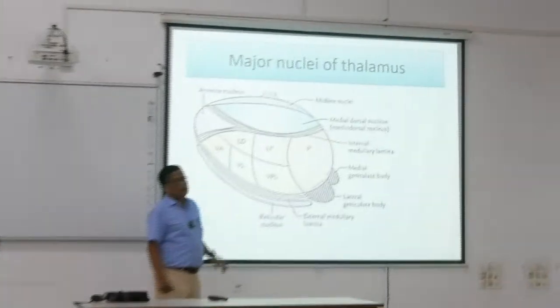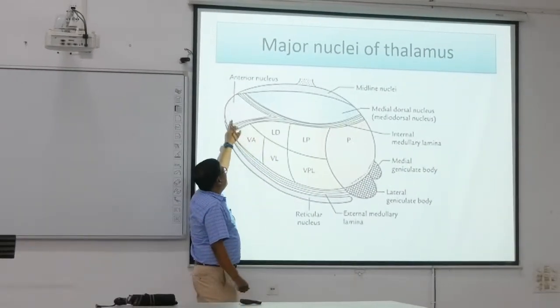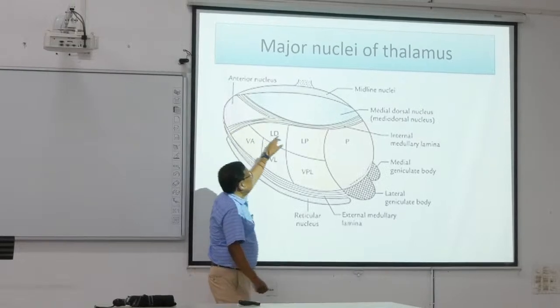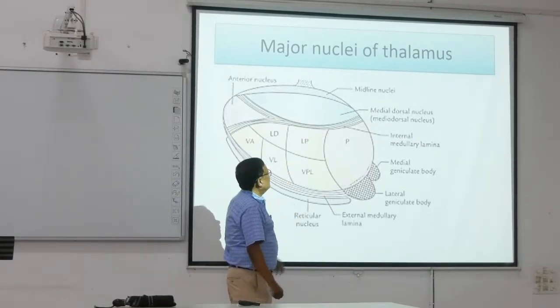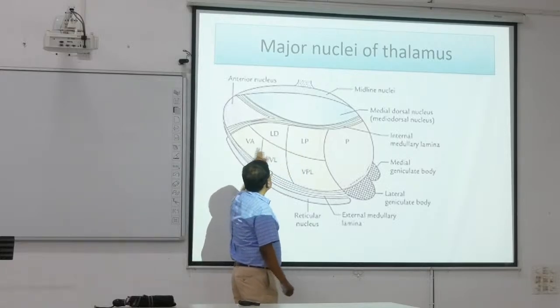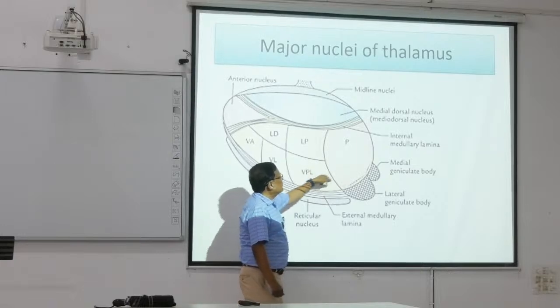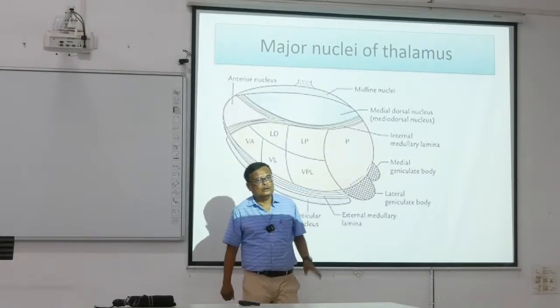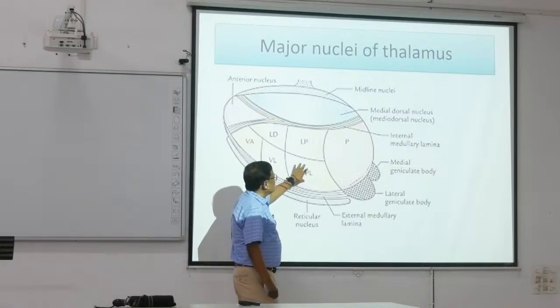সাম ইম্পর্টেন্ট নিউক্লি, তাদের মধ্যে এইটাই হচ্ছে সবচেয়ে ইম্পর্টেন্ট, বাকিগুলি জাস্ট জেনে রাখলেই হবে। অ্যান্টিরিয়ার পার্টে রয়েছে অ্যান্টিরিয়ার নিউক্লি, মিডিয়াল পার্টে রয়েছে ডরসোমিডিয়াল নিউক্লি অ্যান্ড ডরসোল্যাটারাল নিউক্লি, ল্যাটারাল পার্টে রয়েছে ল্যাটারাল ডরসাল, ল্যাটারাল পস্টেরিয়র, ভেন্ট্রাল অ্যান্টিরিয়র, ভেন্ট্রাল ল্যাটারাল অ্যান্ড ভেন্ট্রাল পোস্টোল্যাটারাল, আর একদম পস্টেরিয়র পার্টে রয়েছে পালভিনার নিউক্লি। ছেড়ে দাও, ইম্পর্টেন্ট যেটা বলছি যার জন্য আসছি, এই যে ভেন্ট্রাল পোস্টোল্যাটারাল